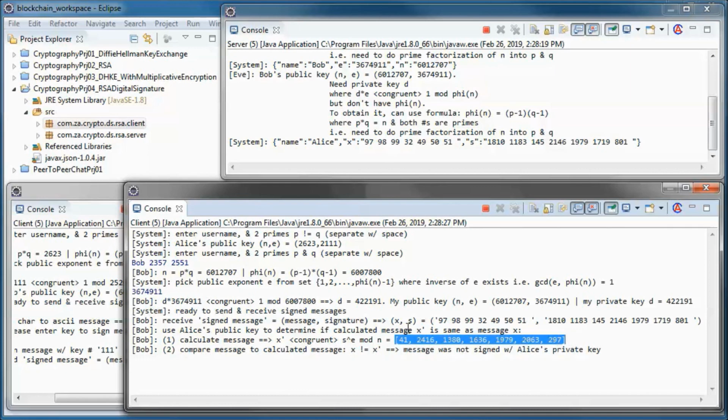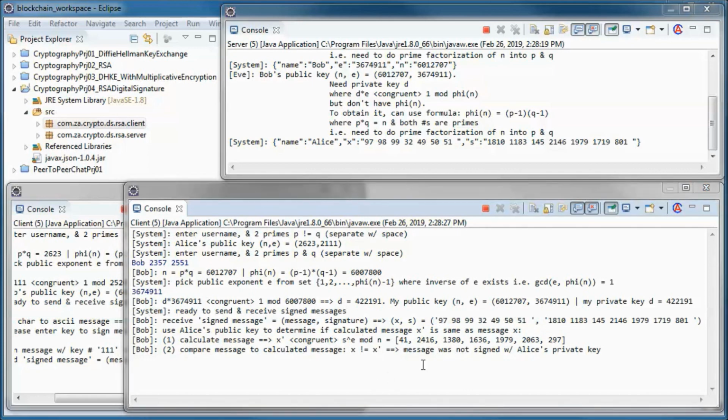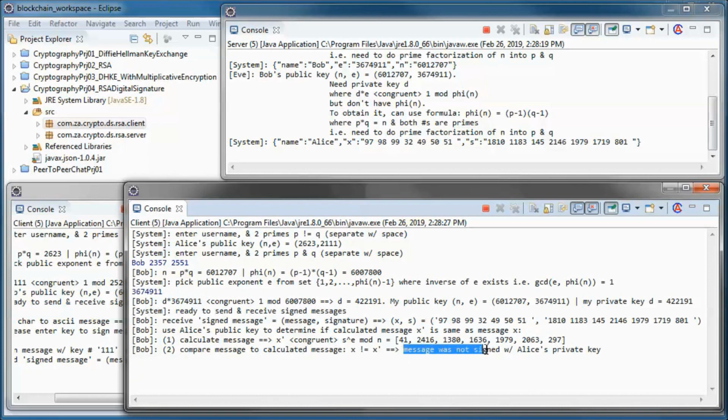So this is different from this. So he concludes that the message was not signed with Alice's private key.